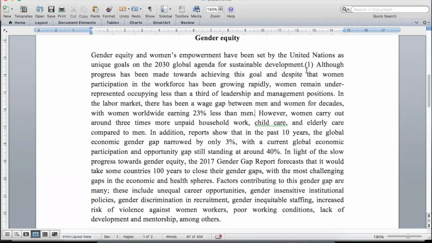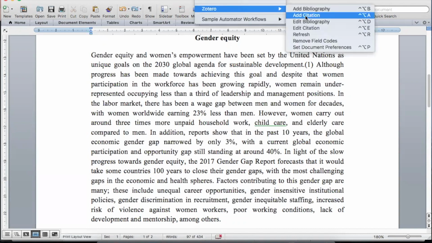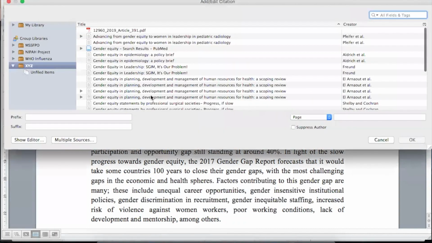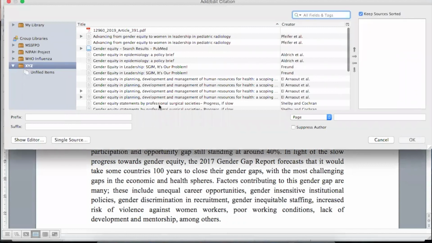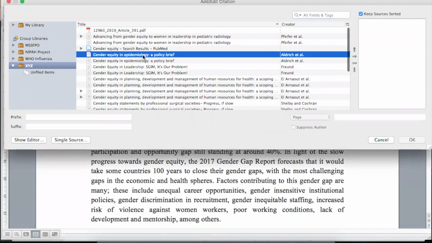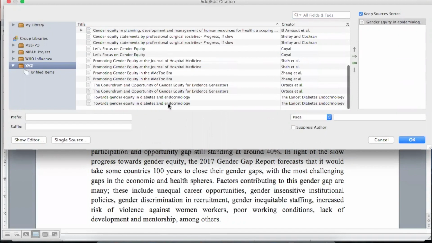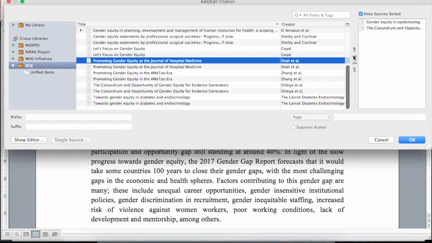So this is how we add one reference. Suppose you want to add 2-3 references together. You can click again here and then go to Zotero, then add citation, and you can go to multiple sources. Then you click on an article and with the help of this arrow, you move this to another panel. And suppose you want to select this article and put it in the panel and this one.